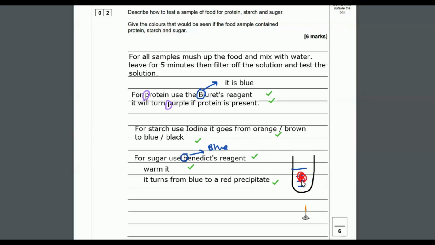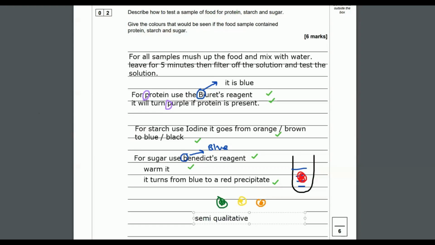Although you don't have to say this here, the Benedict's test does go orange. It does go green if there's hardly any sugar in there. It does go yellow and then orange before going red. So we call the Benedict's test semi